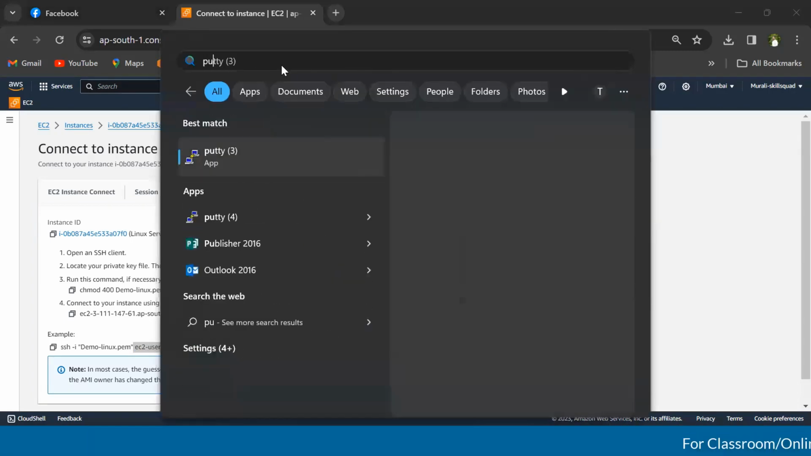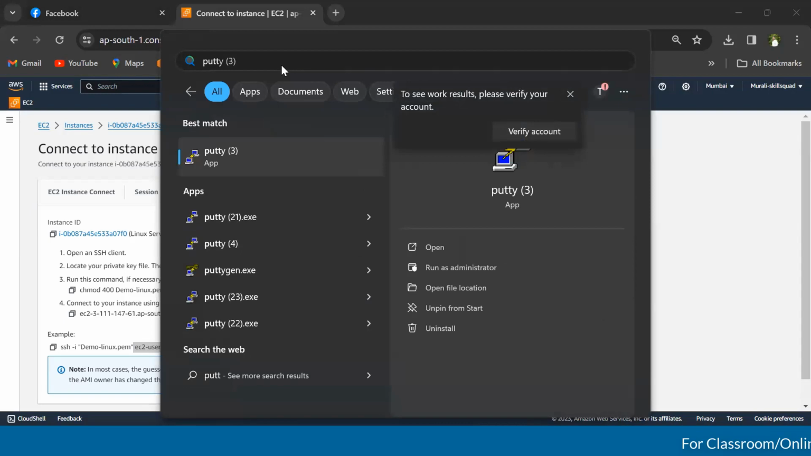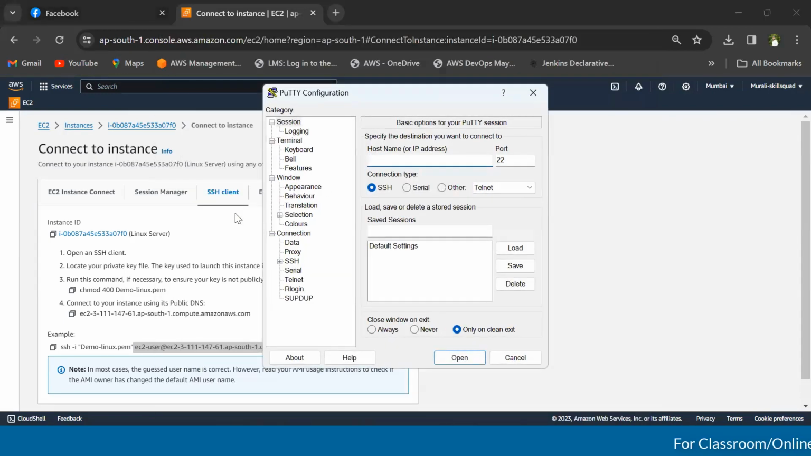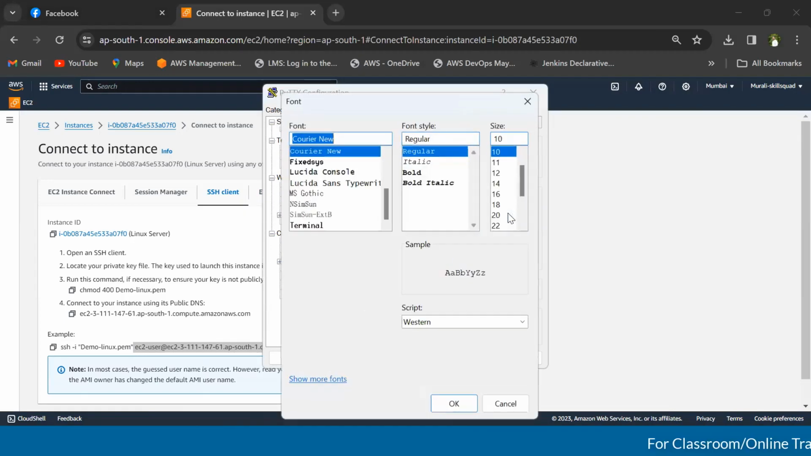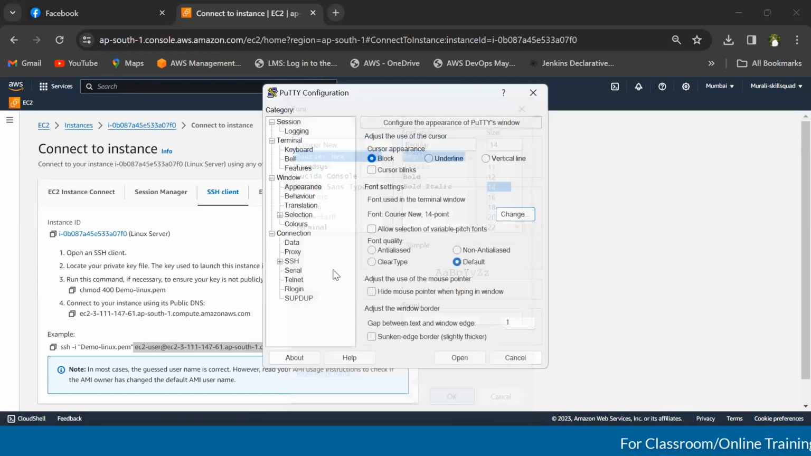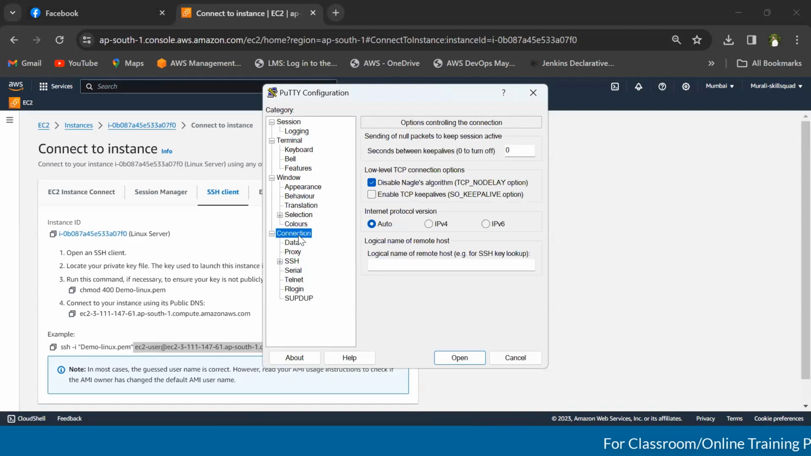If you go to Windows and open PuTTY, here you have to mention the host name. After this, we go to Appearance and click on Change. We have to mention the size of this particular font. Whenever you want to connect to the instance, you are trying to access the remote server, which is running on